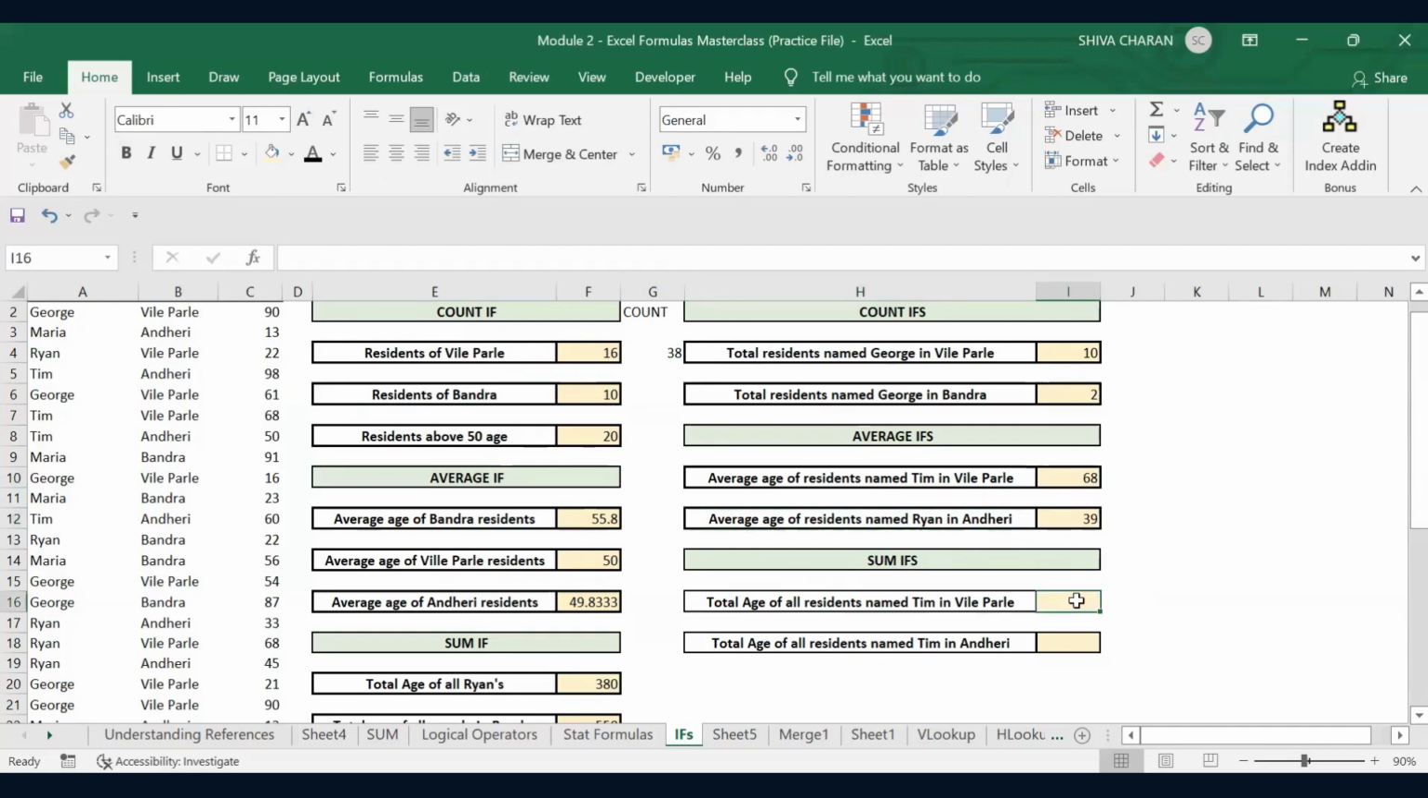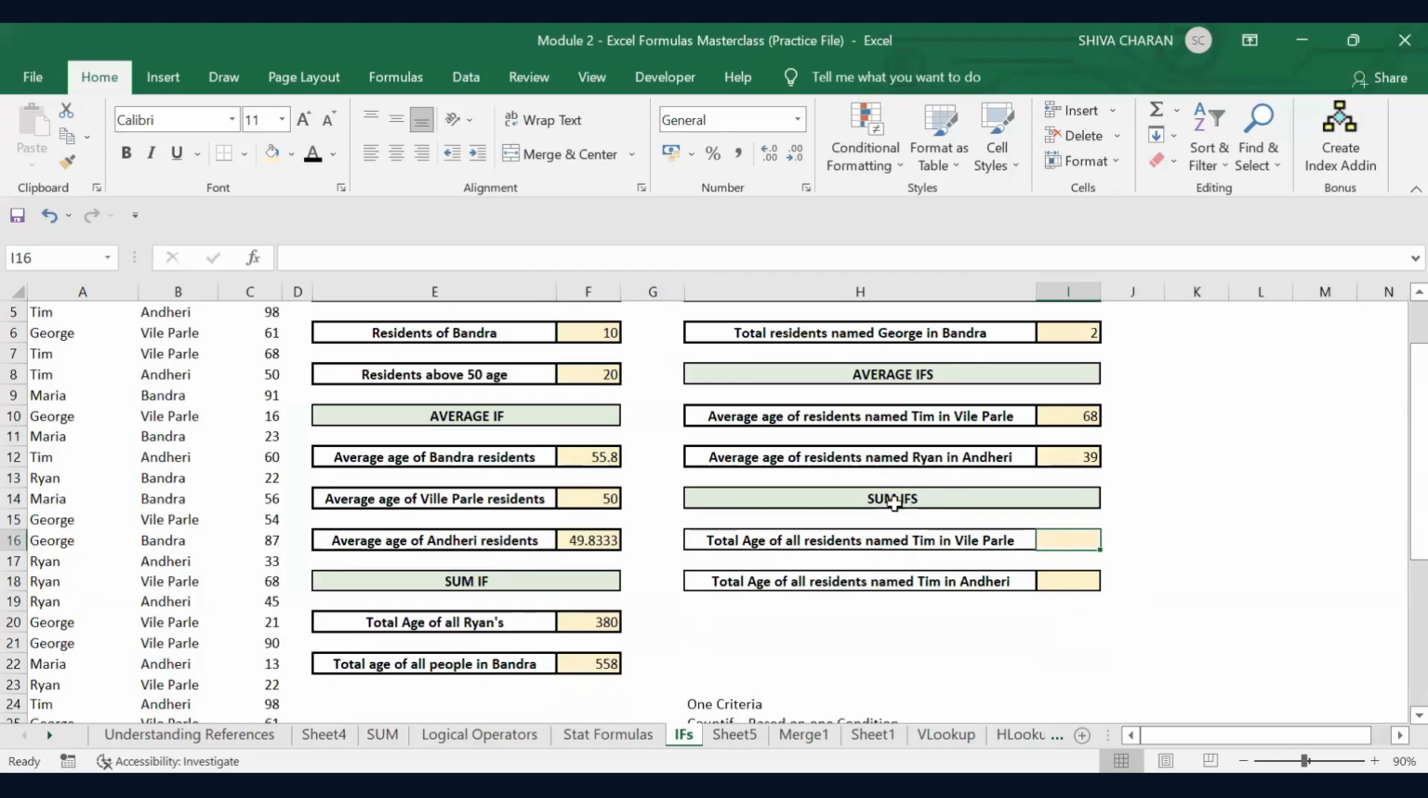Now let's move on to our last formula, which is SUMIFS, right? What is the criteria here? Total age of all residents named Tim in Vile Parle, right? So we need to calculate the total age of all residents named Tim in Vile Parle. For that, let's enter the formula, which is equal to SUMIFS